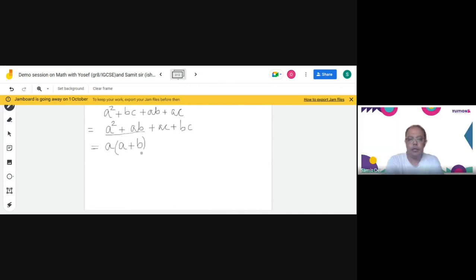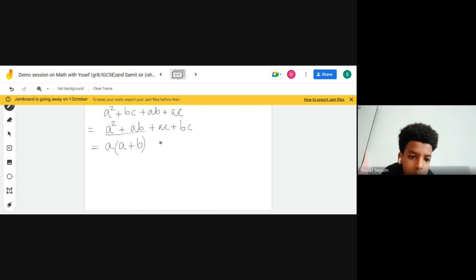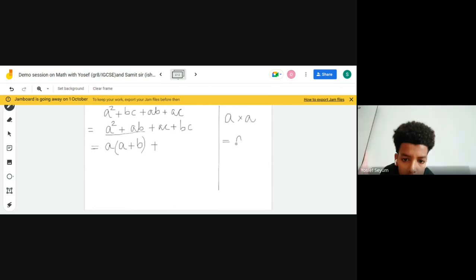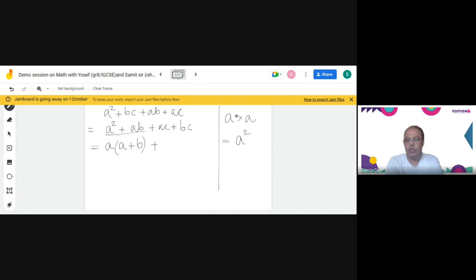The first part falls under exponents. So how good are you in exponents? Not that bad. So I'll help you out with the exponents part so that you can understand what to take common. Let me just explain briefly. In exponents, a multiplied by a gives us a square. The reason behind this is a to the power 1. This is a part of indices, right? a to the power 1 times a to the power 1 is equal to a to the power 1 plus